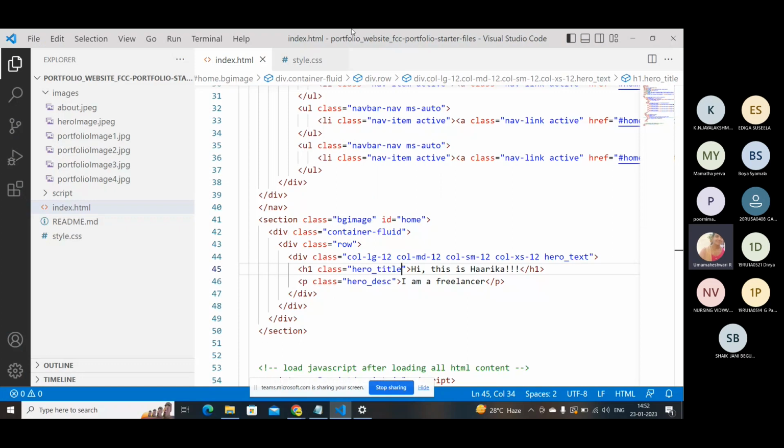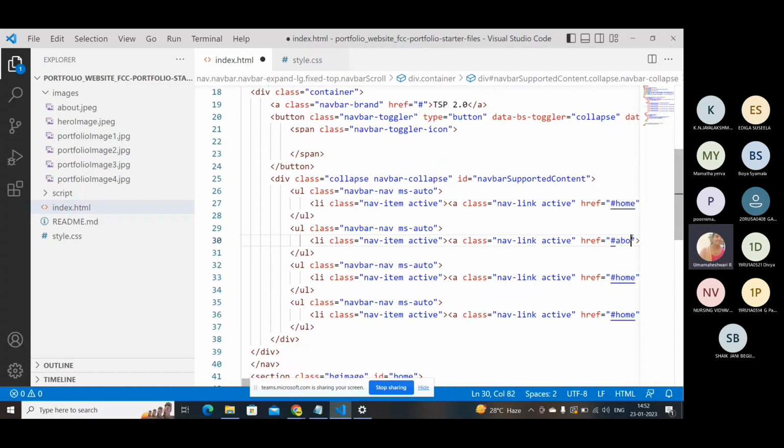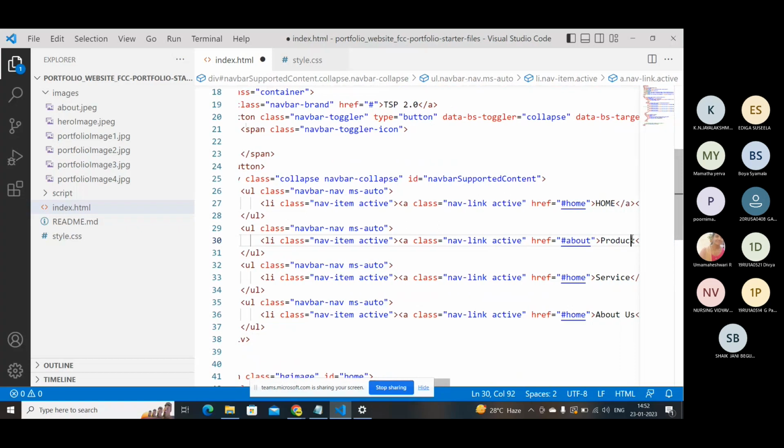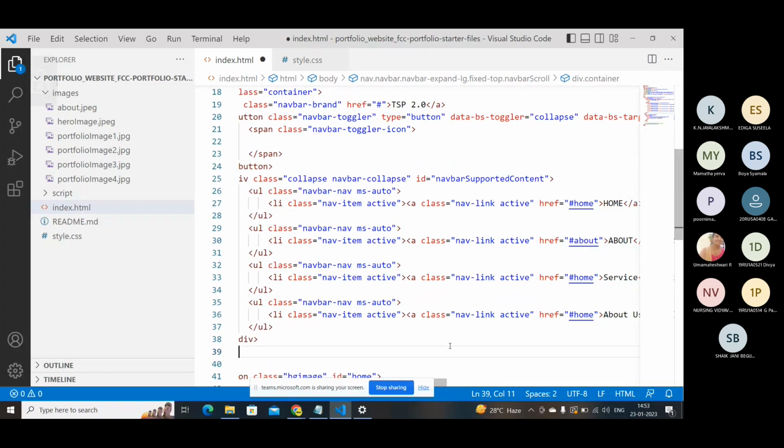And the next one is will design about how to add your about section. So we have mentioned some home and about, right? So first we'll go with the about. So here I'll change this to about. Okay, in this about,